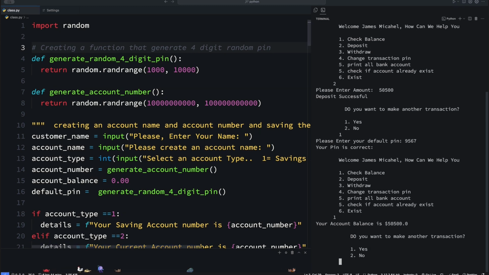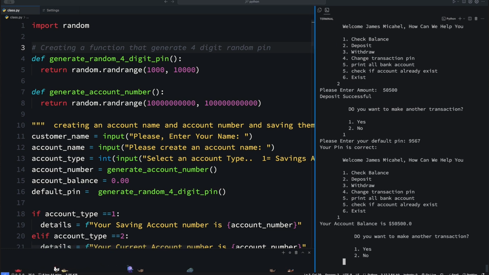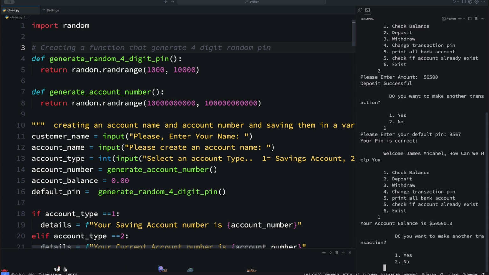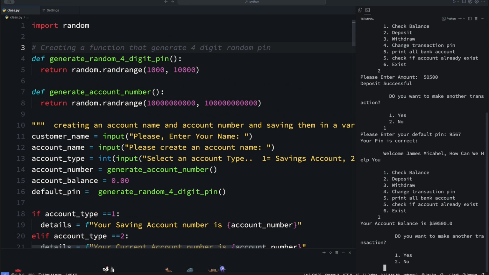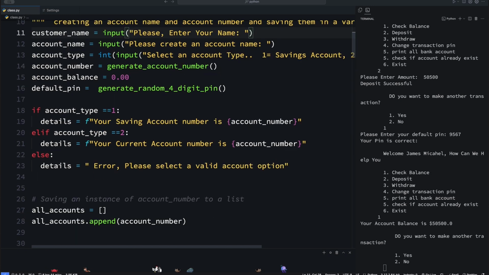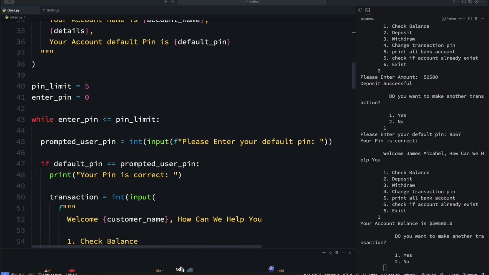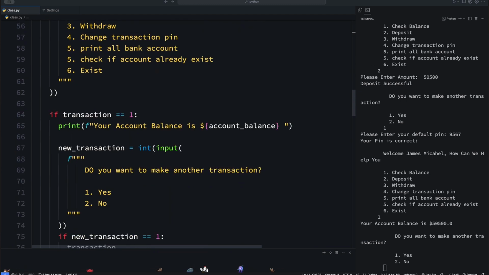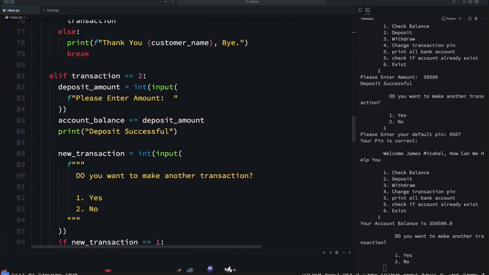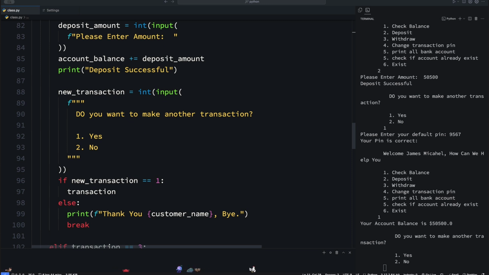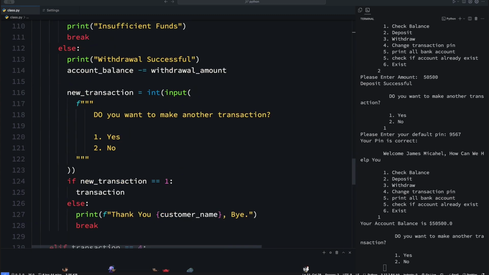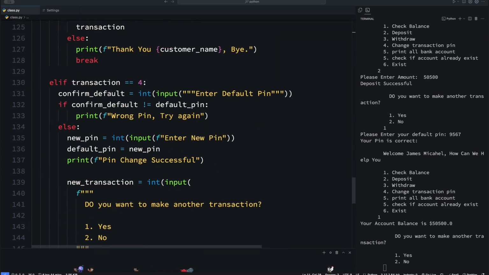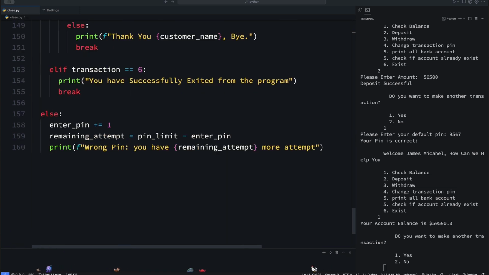Let's look at the learning points from what has been done and parts that I want to highlight from this code. Nice one, nice code, good job. The only thing I want to point out is the fact that there were no functions created. This is what I call spaghetti code. It's a whole long lengthy code, and the issue with this kind of code is that it's difficult to manage. Codes like this are difficult to manage because once you want to do something, you have to read through all the lines of code. Trust me, if you want to adjust anything, you have to read through all 160 lines of code,